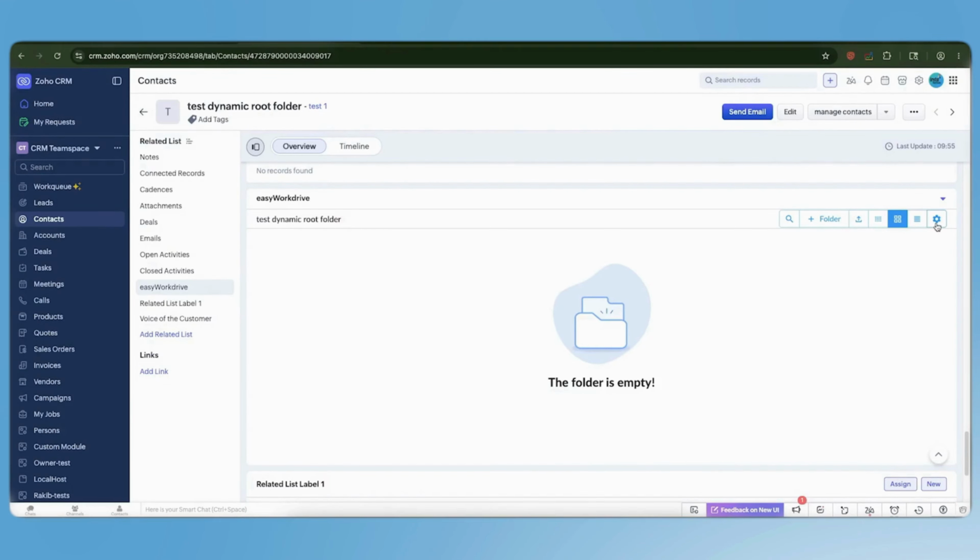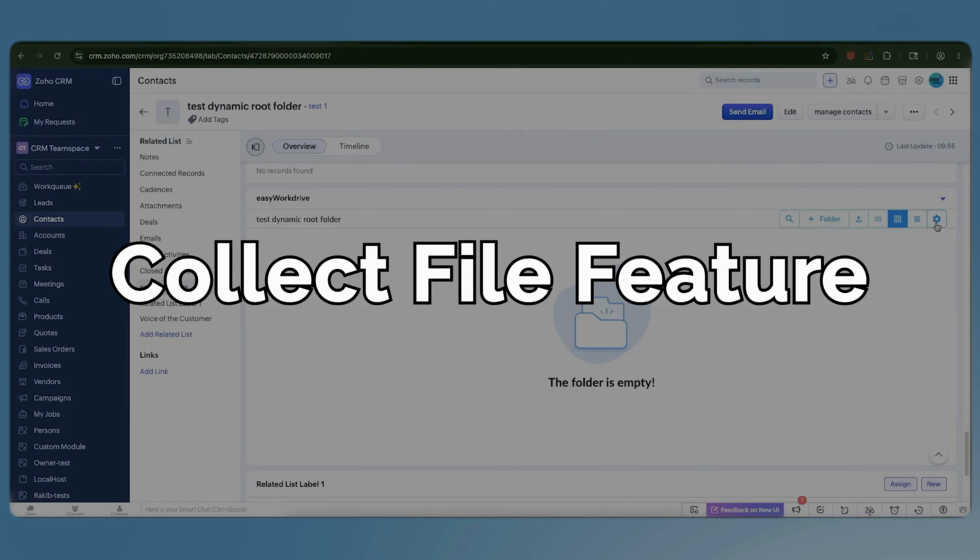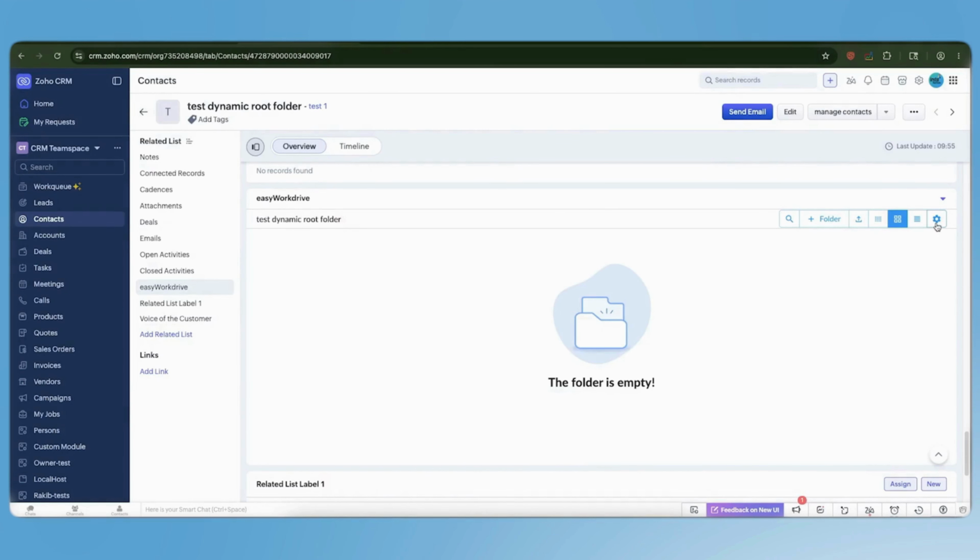In this video, I will show you how you can generate a shareable upload link directly from a CRM record and let external users drop files straight into your WorkDrive. No account required. So go to Setting, then click on Collect File,